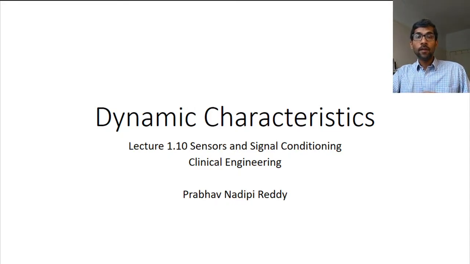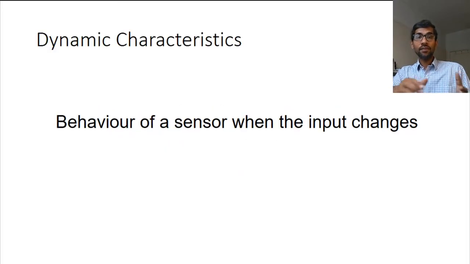settled down. But now we're going to look at dynamic characteristics, and this is the place where we are actually going to concentrate on the situation where the input itself is changing, or we are looking at a situation where the input has changed, and we look at the transient response of the sensor, the change of the output of the sensor before it stabilizes. So, by dynamic characteristics, basically what we are looking at is the behavior of a sensor as the inputs are